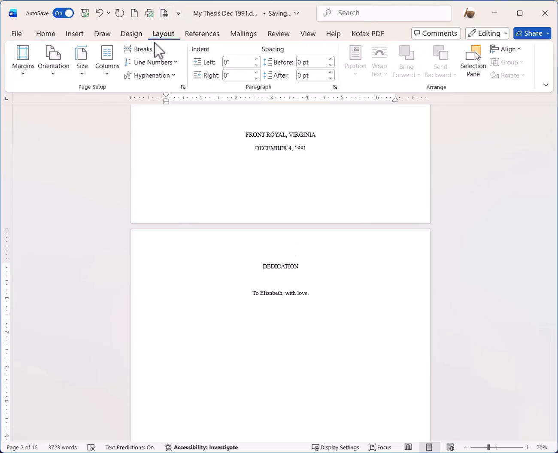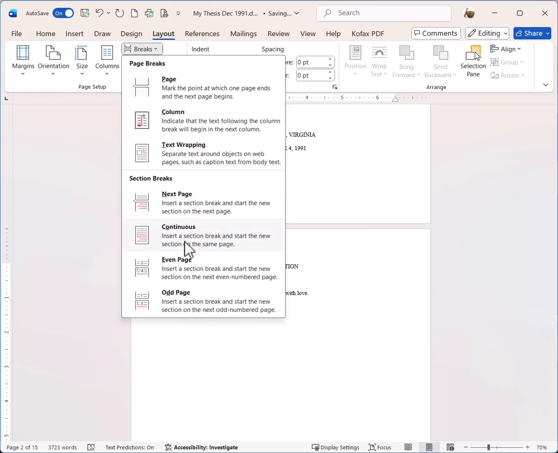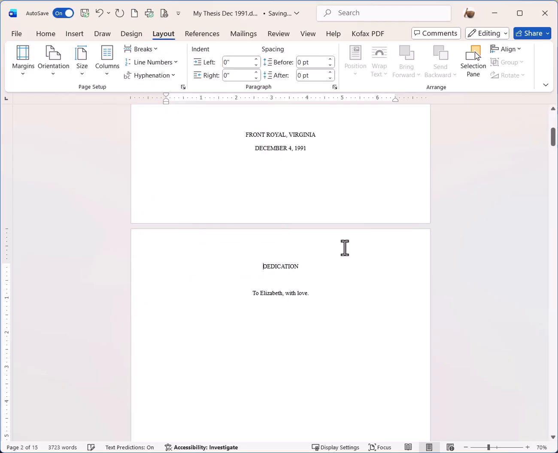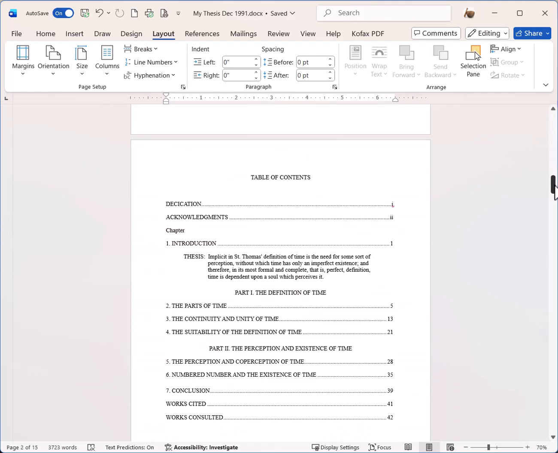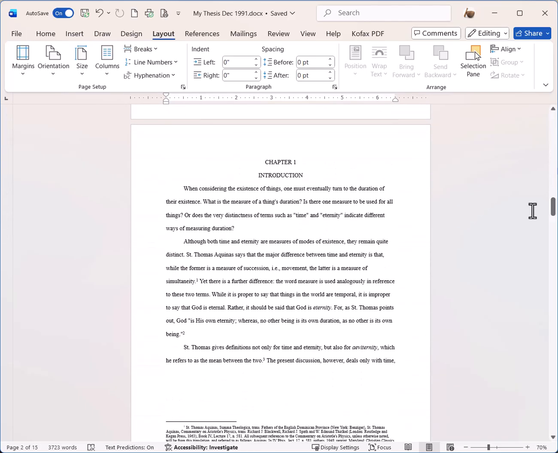Then go under Layout, Breaks, and I want to pick Continuous Section Break. The reason I want the continuous section break is because it will continue numbering pages in order from chapter to chapter unless I tell it to do otherwise, and you'll see how that works. So I want the acknowledgments and table of contents to be the same section. Chapter 1 is going to be a new section, so I'm going to click at the very top and then